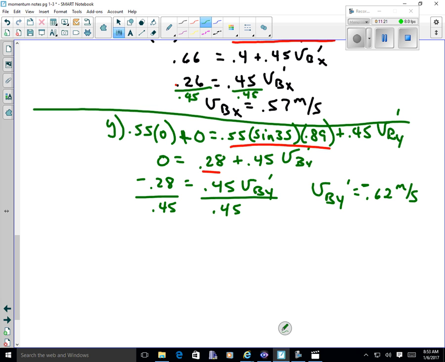Well, now, there's 2 more steps that are really, really easy. After you did the x and after you do the y, you now have to do the Pythagorean theorem to figure out which way the ball is going to go. And so if it went a positive 0.57 meters per second, I said 57, I meant 0.57, and it went a negative 0.62 in the y direction,